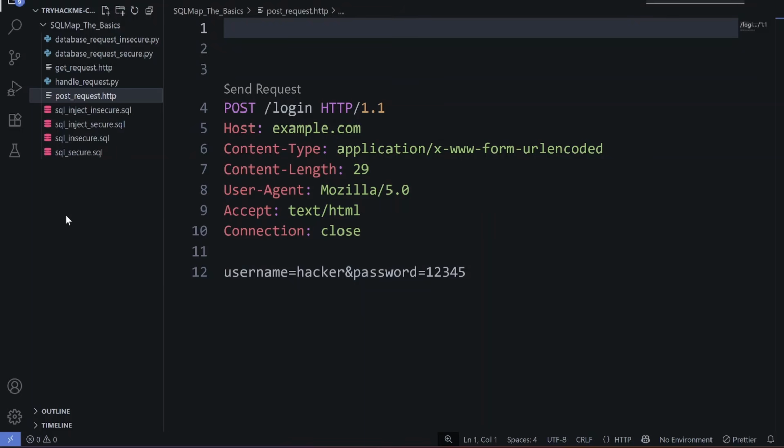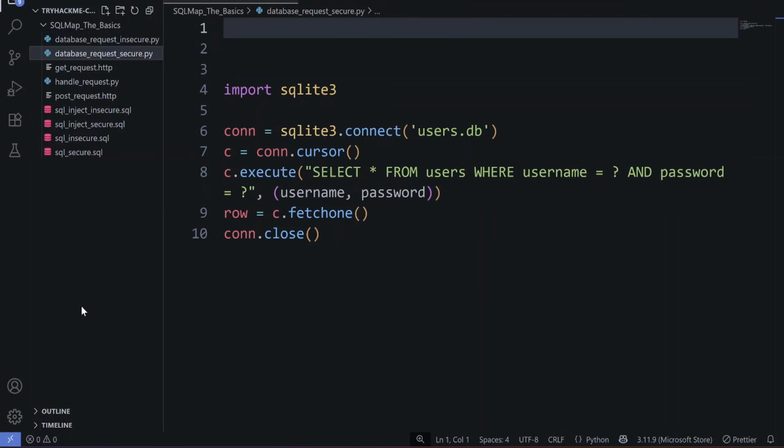But what happens if we start trying to inject SQL? So instead of putting something like hacker and password 12345, what if I put something like select all from tables? How's the website going to deal with that? Or how's the web server going to deal with that? And let me show you what happens when we try to hack a secure web server. What gets sent to the actual